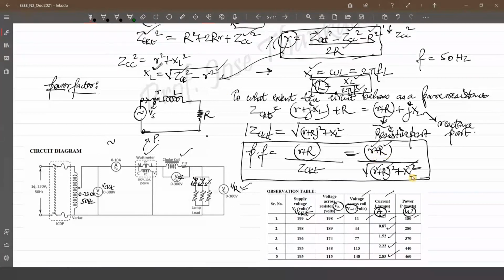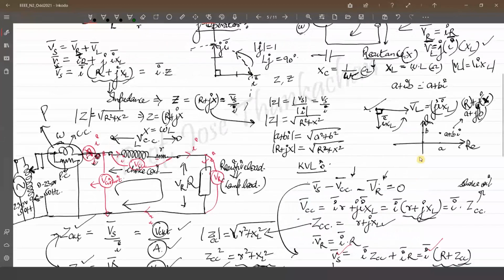Is this clear to all? So this is the first part of your experiment. Clear, everyone? Yeah, I will give you the manual, don't worry. Now next